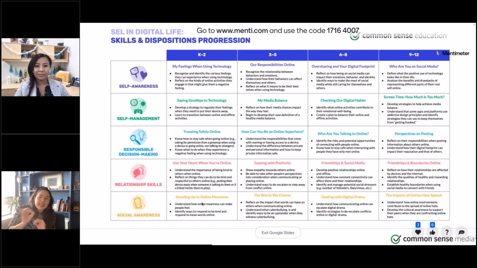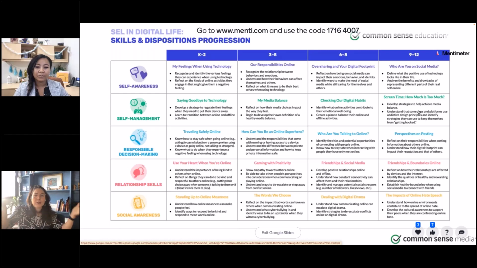In the slides that I'll give you later, you can click onto this box and it will take you to this Google Doc that has each of these lesson plans all laid out for you. And each of them is about 15 minutes. So if you're focusing with your students, these are the grade bands up top, and in the US, these are the grade bands. And so if you're working with high school students and you're talking about screen time and how much is too much, right?